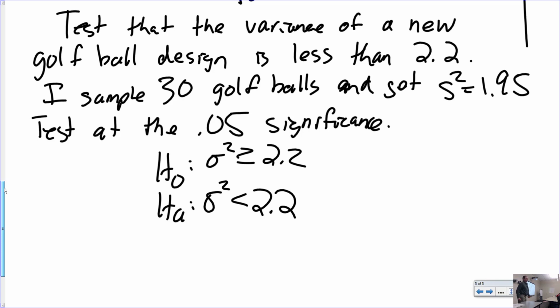and the other way that you can test this one, or the other way that you can kind of look to see which way I want to test, is look at my sample variance. My sample variance is less than. I am trying to get a value that's less than. That's sort of a director a little bit as to which direction you should be going, if it's going to be one-tailed as opposed to two. All right,